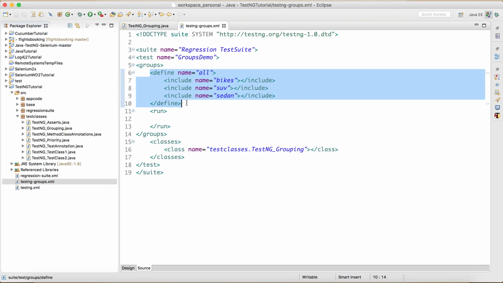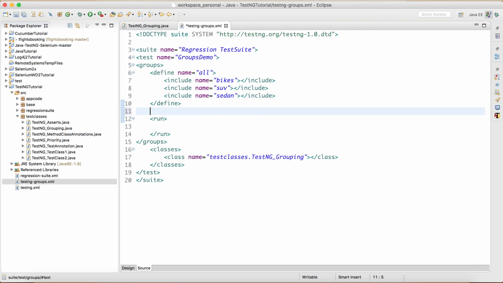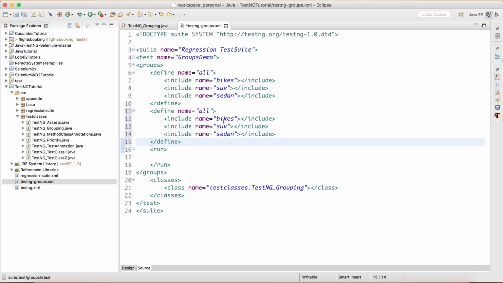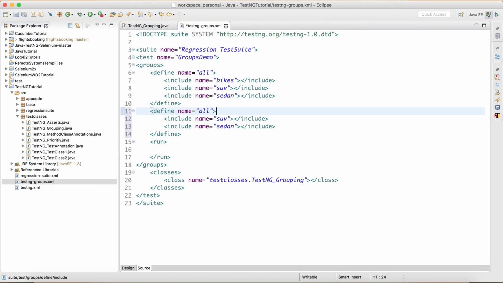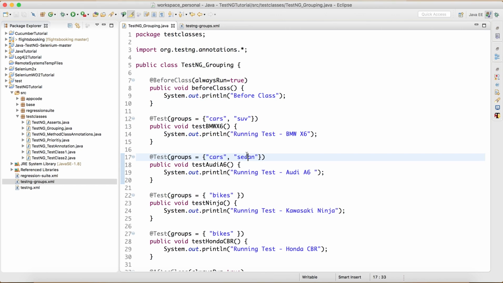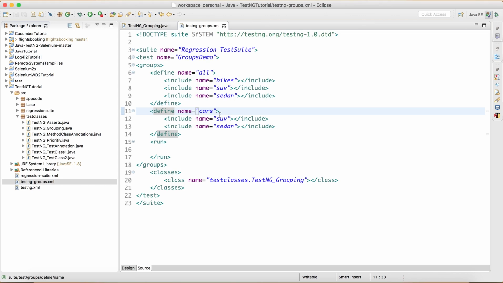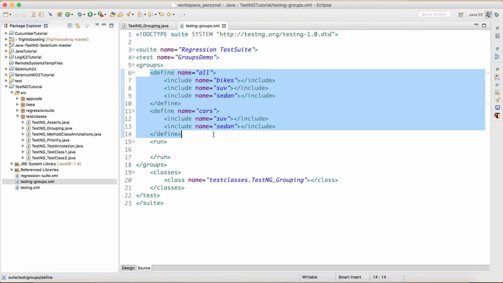We can also define another group here. So let me just copy everything and let me just call it maybe SUV and sedan. And then we can name it something like cars. Why am I naming it cars? Because all I did is I included SUV and sedan, but I skipped bikes. So it's as good as using the group cars. But I just wanted to use multiple groups here. That's why I named it cars and included SUV and sedan. And that's about it. So now we have two different groups, which include two different